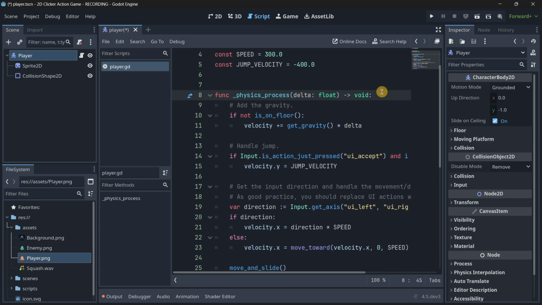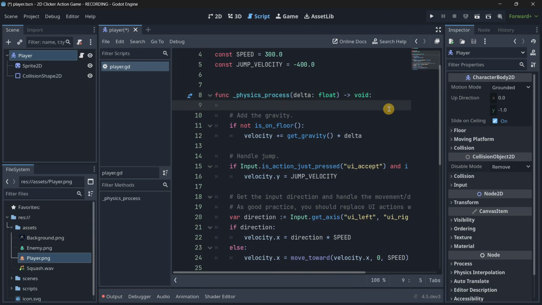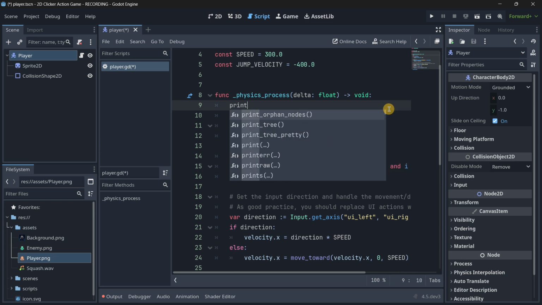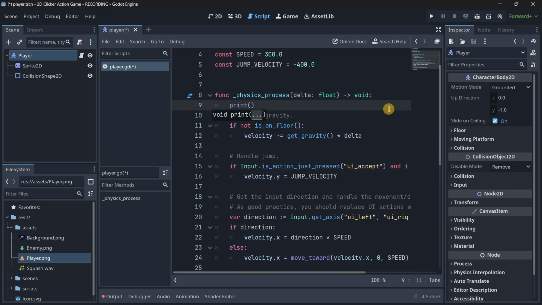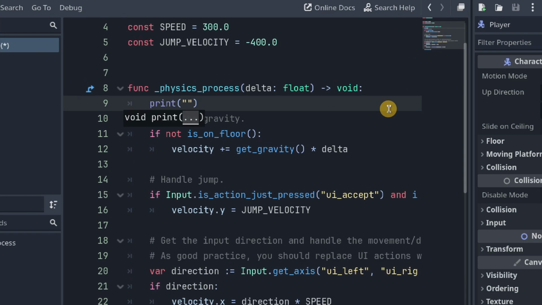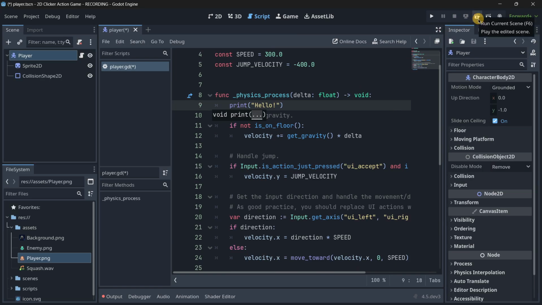If we put our mouse cursor over there, as you can see here, I have my blinking cursor. We press enter, we add a new line and Godot automatically indents it. If we type print, parentheses, and between those symbols, we type hello, for example, and then here at the top, we press on this